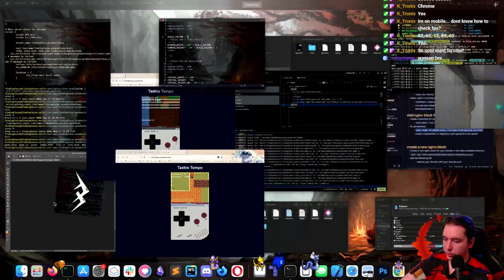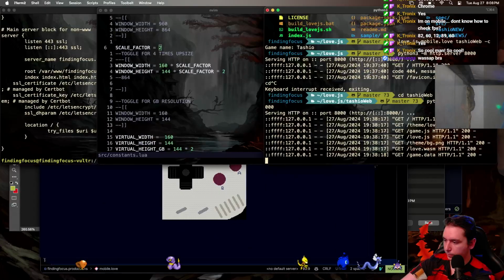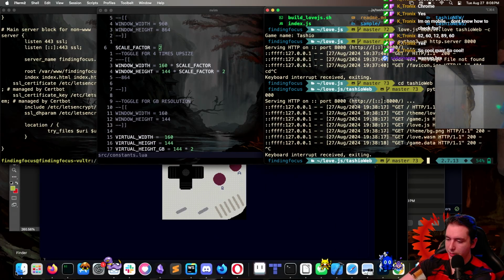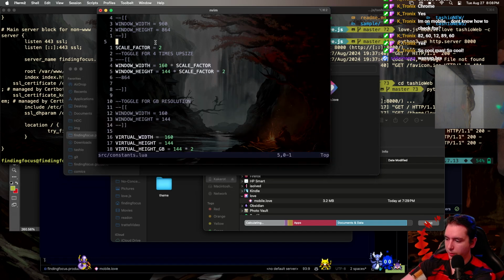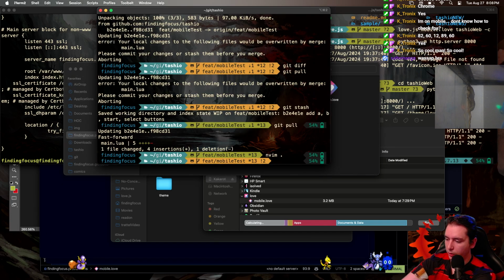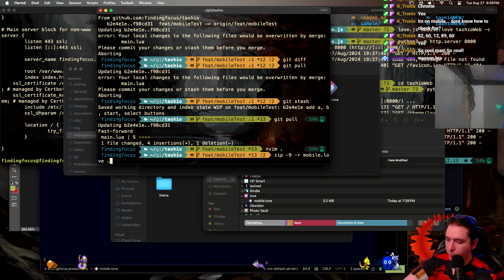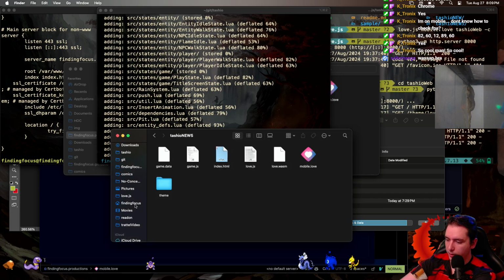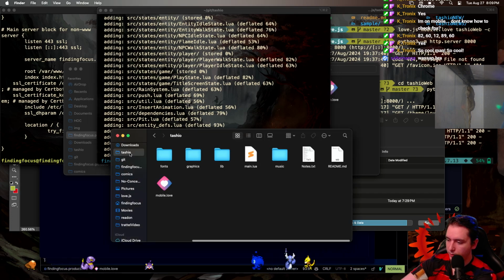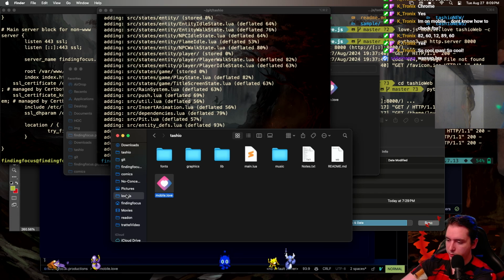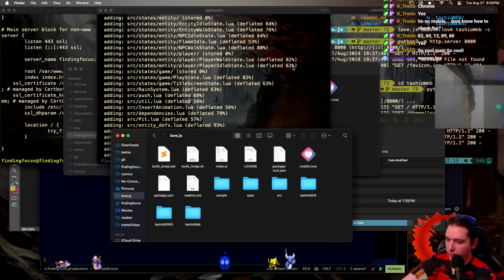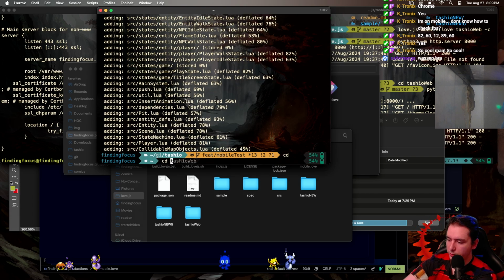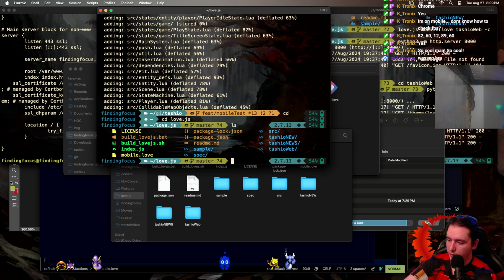So we'll just go. Actually, the first thing we got to do is zip it as an executable. So we'll say zip -9 -r mobile.love . to zip it in the current folder, and then it'll be right here, mobile.love. We'll copy it, we'll go to our Love.js, we'll paste it to our Love.js, then we will go into our Love.js folder and make sure our mobile.love is here, which it is. Then all we have to do is love